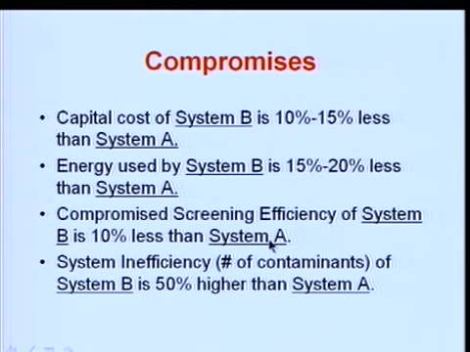Now in some mills, this compromise is acceptable. Let's assume a mill which had no screens, and now they have some money available to put in a screening system, and all they can do is put in 70% efficiency only. To them, the system is 70% more efficient. However, if there is a system already existing which is giving 80%, and now somebody says the baskets are too expensive, let's open them up, I want more production capacity, and they design system A into system B. Now you got less